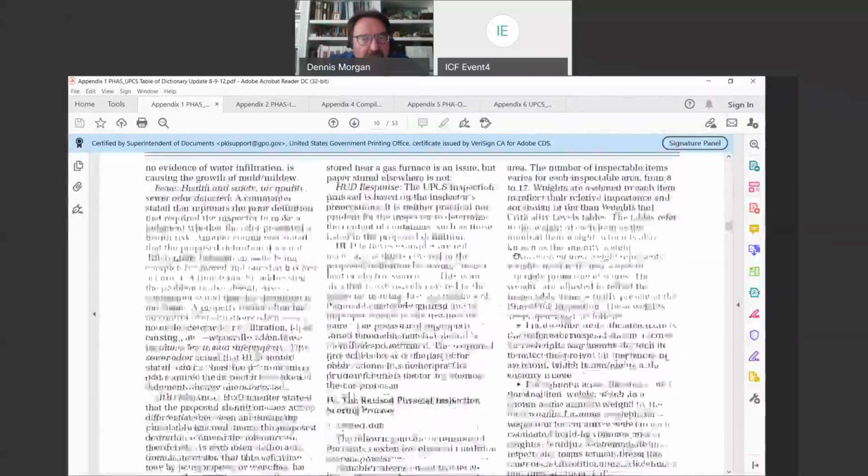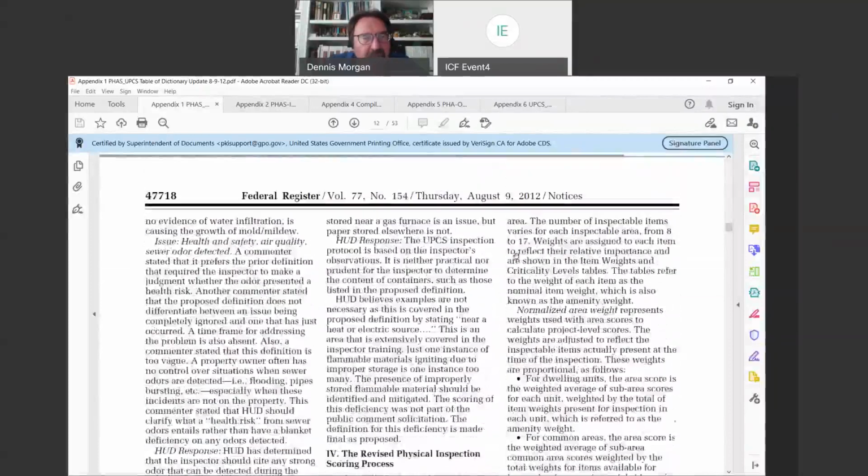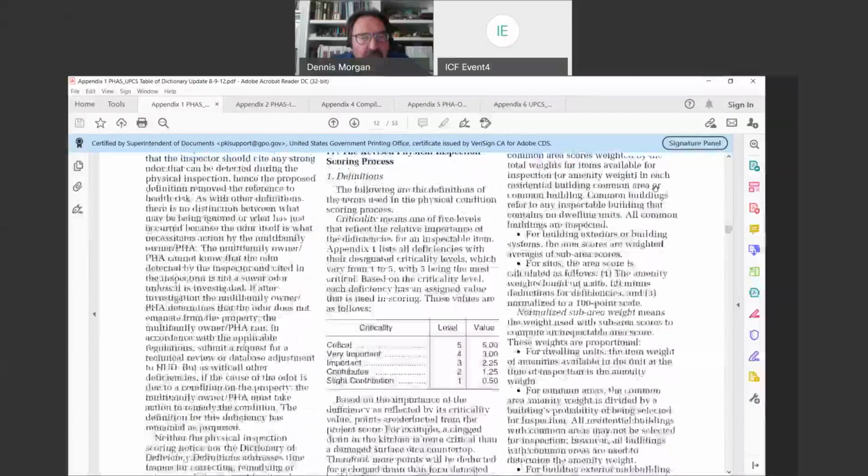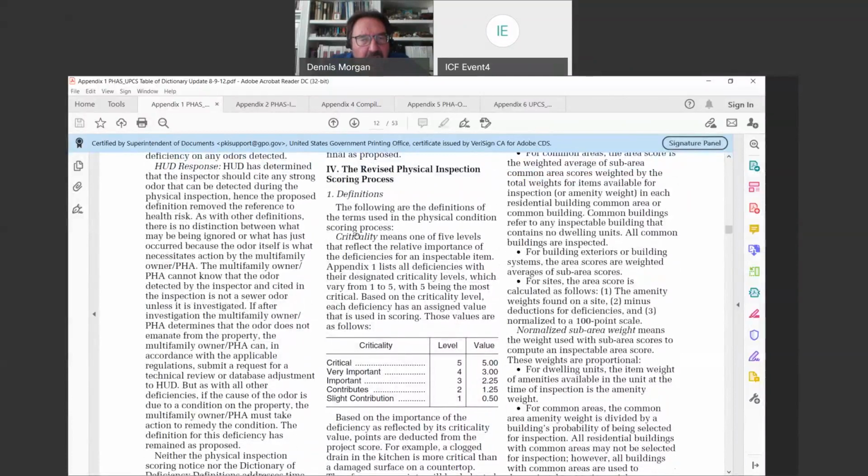And so this notice made revisions in the scoring system, and I'm on page 47718 of the August 9th, 2012 notice, which is also available on the REACT website. In the center of the notice on that page, you're going to see criticality. Criticality is the relative importance and efficiency of the inspectable item. The higher the criticality, the higher the impact, the higher the value, the more points that potentially are deducted